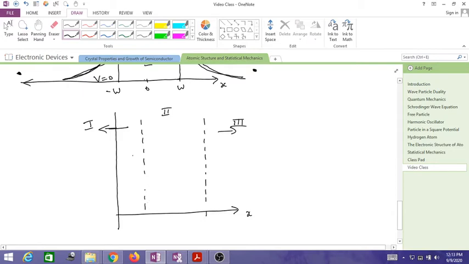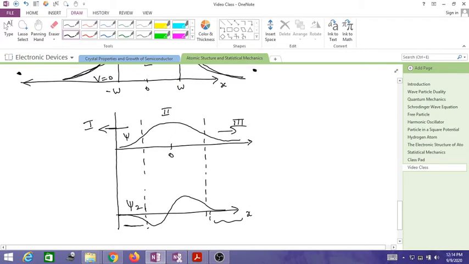Now for the different energy levels, if I consider the first energy level, as we have seen above, we get the wave function as the particle moves from minus infinity to plus infinity on the x-axis, a wave-like motion like this. For higher energy levels, the wave function may look something like this, and the penetration gets lesser and lesser as we go. The penetration in this region as well as in that region gets lesser and lesser as we go to higher and higher energy states. Let me call this wave function 2 and this wave function 1.